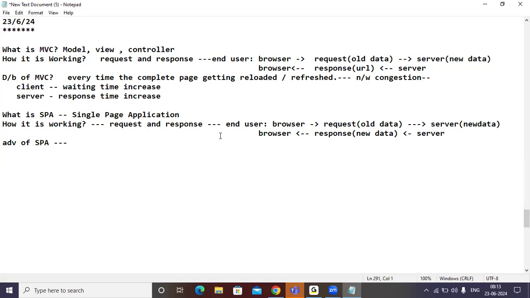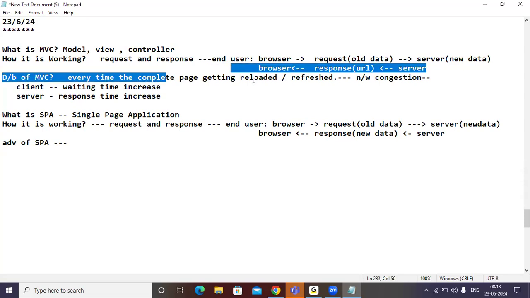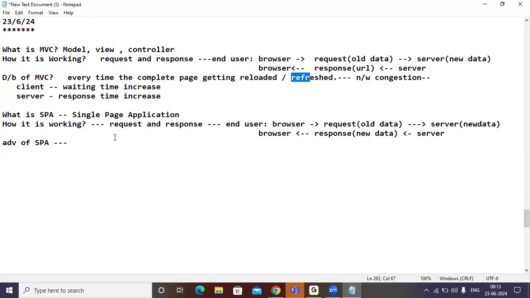Coming to the advantage, what is the problem in MVC architecture? Every time the complete page is getting reloaded or refreshed. Yes or no? But in single page application, every time the complete page is not getting reloaded.